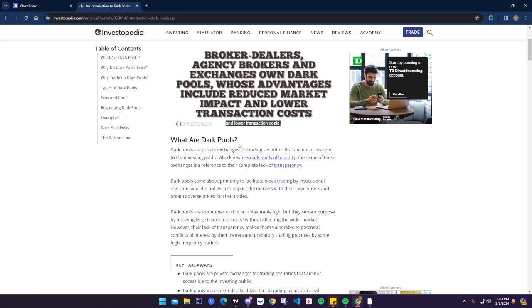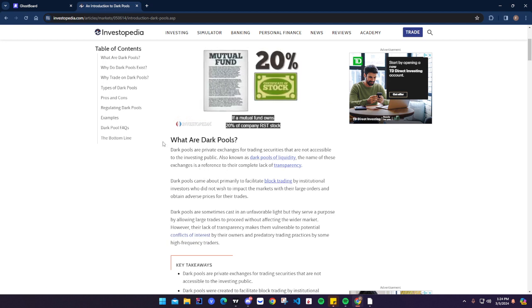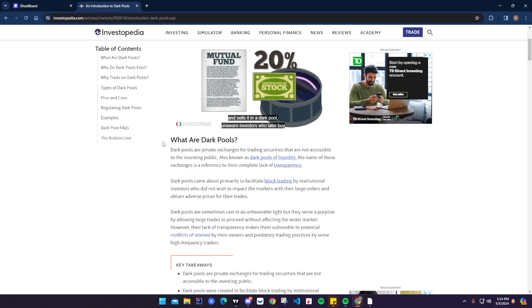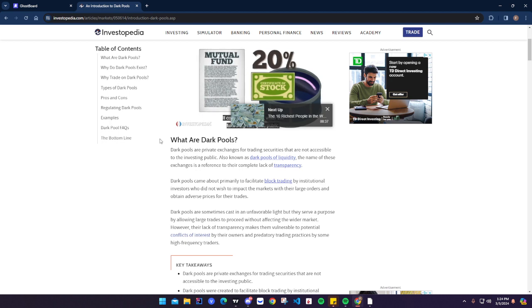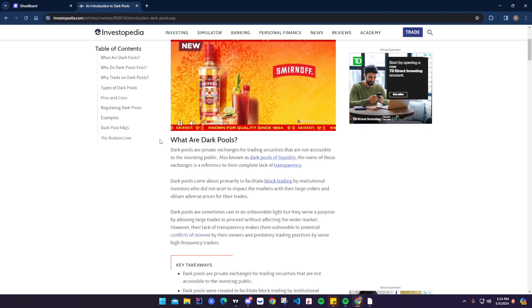And it's not really something accessible to the public, which is where it gets its name from, hence dark pool. So it became popular mainly because institutions wanted to put in these large trades without affecting the actual market. By now you guys probably know they're trading hundreds of millions of dollars, sometimes even billions, which can be pretty significant in terms of impacting the market if it's done on the regular exchange me and you trade on, right? So they've kicked them out and put them onto their own separate exchange,